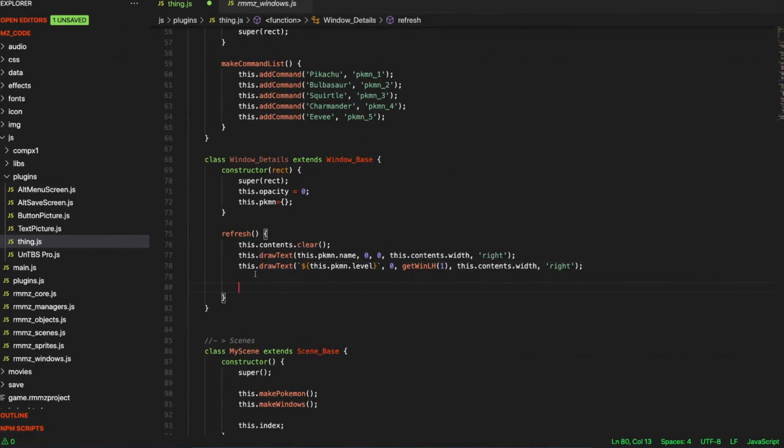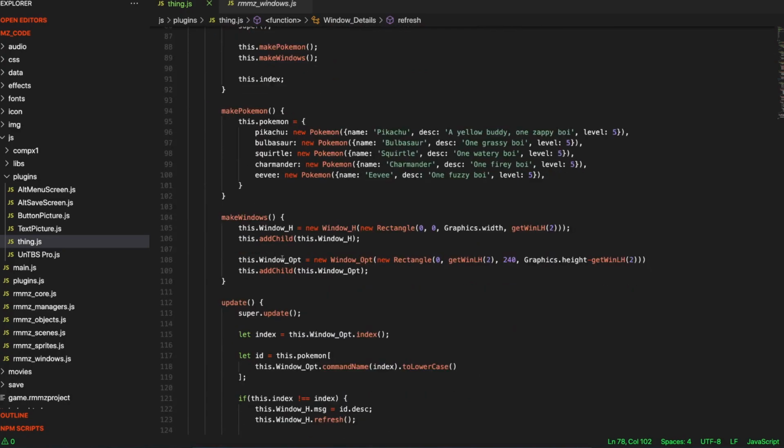So the grave accent is going to allow us to write variables in the string by using a $ sign and then curly brace, and then we're going to do this dot Pokemon.level. So this variable is now going to be displayed here. The purpose of this is to have text before it, without having to end the string and then do a plus symbol, and then it's a much cleaner way of doing things, basically. Matter of fact, we're going to do it up here as well. Name. As you can see. Alright, so once we have our little window there,